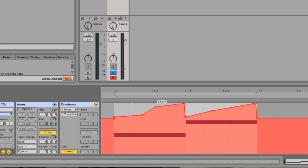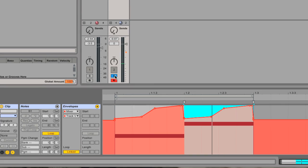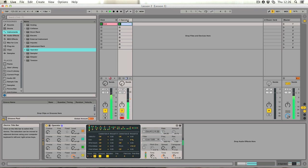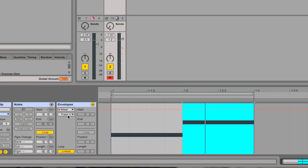So, you know, we can make it go a little bit more like that, or you've got real total control over the curve. Yeah, so that'll work nicely. So if we pop the kick back in, that's sounding pretty good. We could maybe go a little bit deeper actually with the